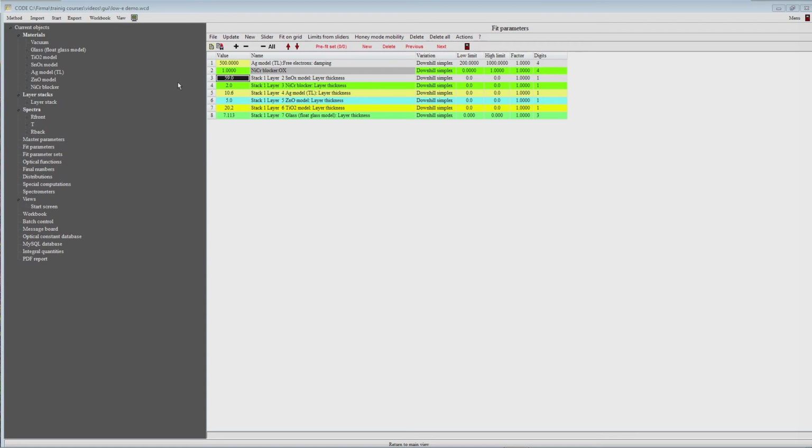And okay, let's start with 50 nanometers for the tin oxide layer, 2 nanometers for the blocker layer, 10 nanometers silver, 5 zinc oxide, and 20 for titanium dioxide. The glass thickness should be 4 millimeters,